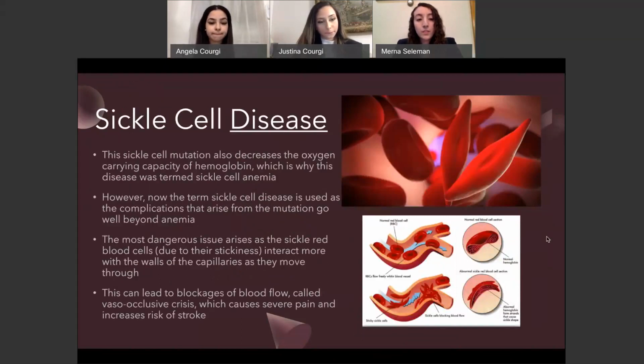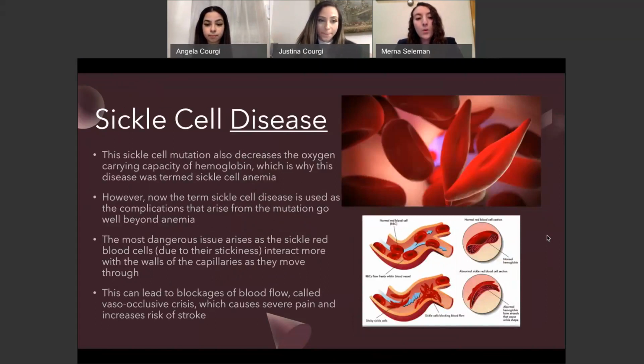So now to differentiate, we're going to talk about sickle cell disease. This sickle cell mutation that we just talked about also decreases the oxygen carrying capacity of hemoglobin, which is why this disease was termed sickle cell anemia. However, now the term sickle cell disease is used as the complications that arise from the mutation go well beyond